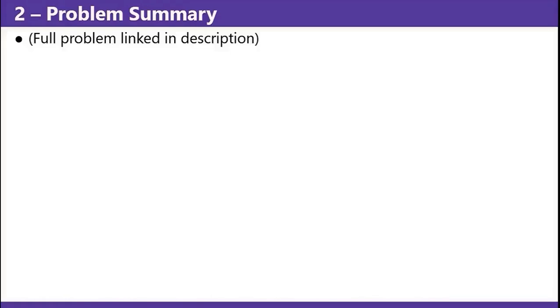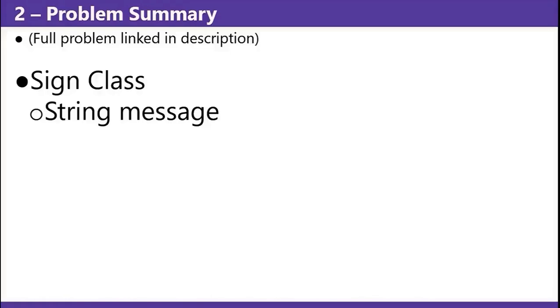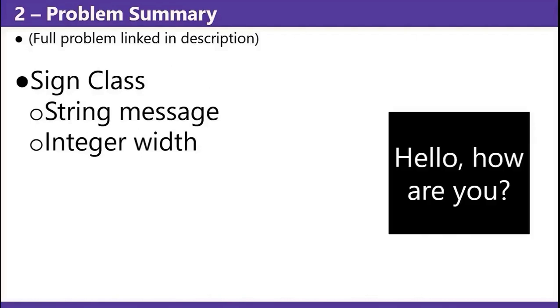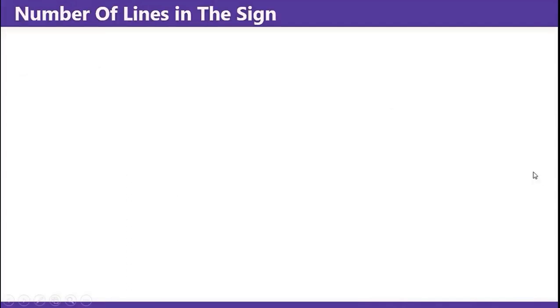For problem 2, you're implementing a sign class. A sign has a string message and an integer width. The width is the number of characters that can appear on each side of the sign, including spaces. For example, this sign on the right here has a width of 11 characters. You also implement a method calculating the number of lines in the sign. Another method you'll implement is being able to return the whole sign message in one string with semicolons separating new